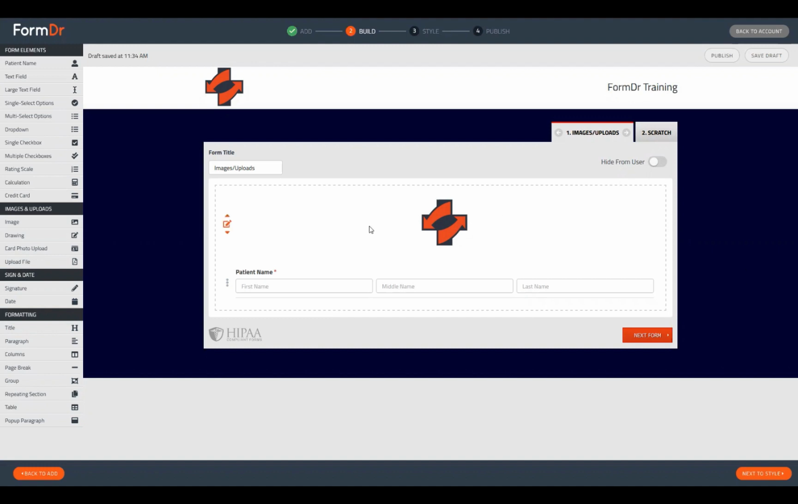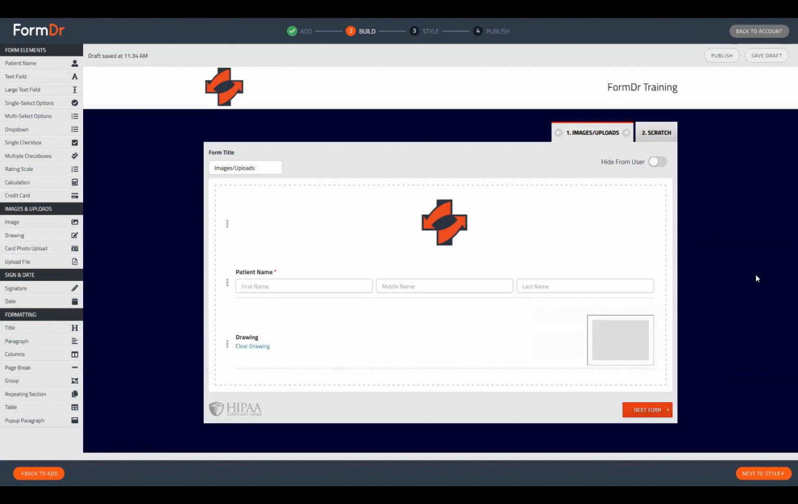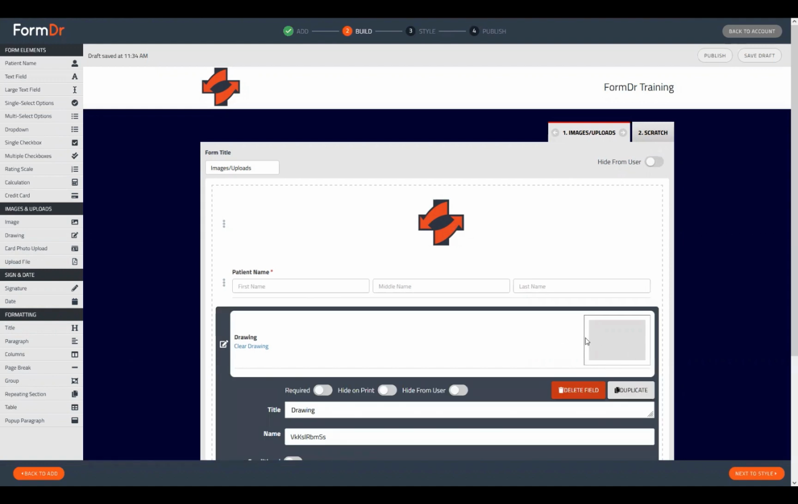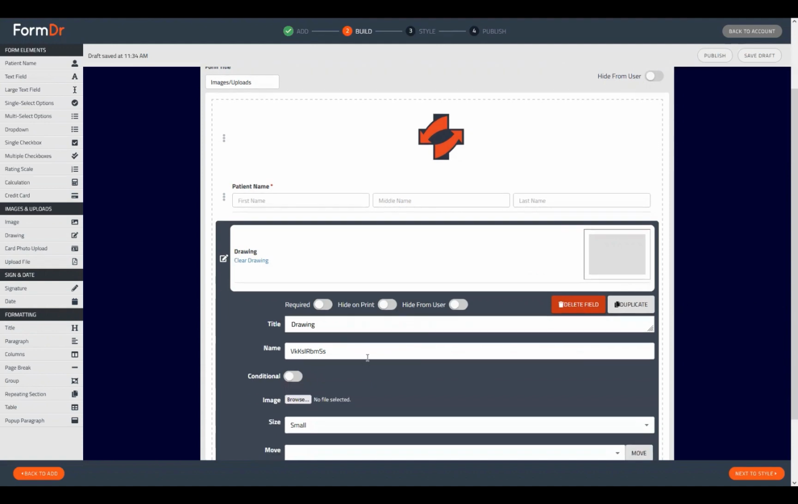All right, we're going to talk about the drawing widget next. And the drawing widget is just going to give you an opportunity to upload any body images or diagrams or anything like that that you might want to upload to allow the patient to draw on to demonstrate where they might be feeling pain or anything like that. You can also require this widget as well, but it will also have that hide on print and hide from user toggle available. We can update the title here if we wanted to,